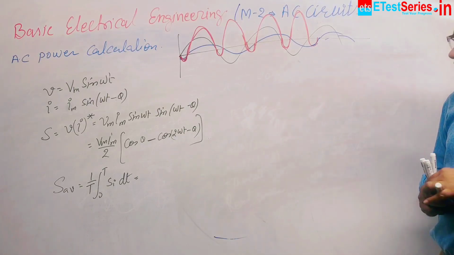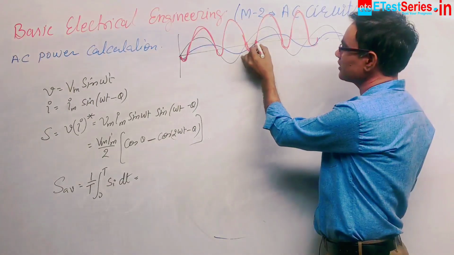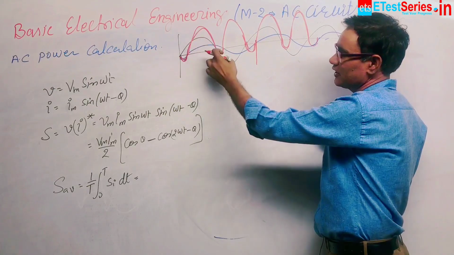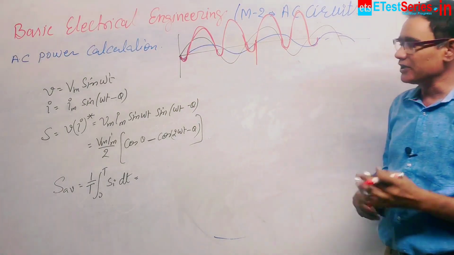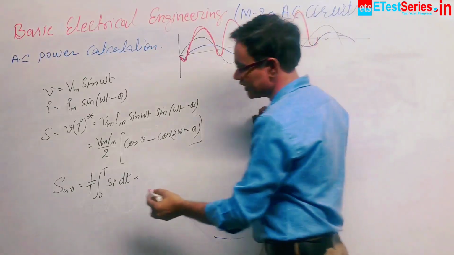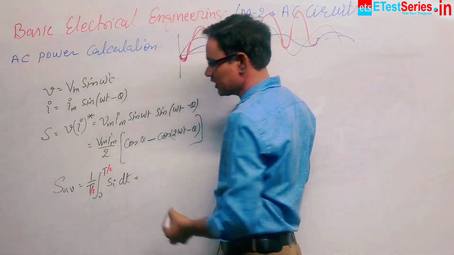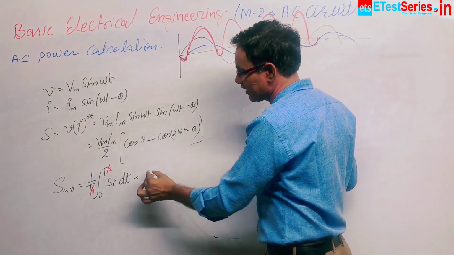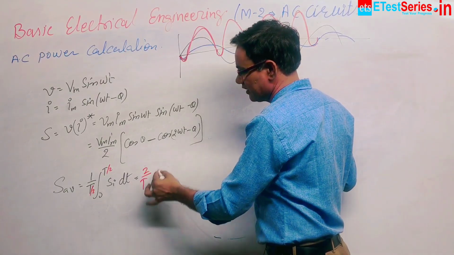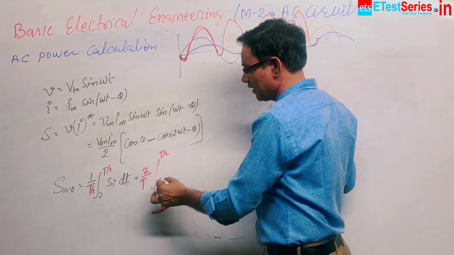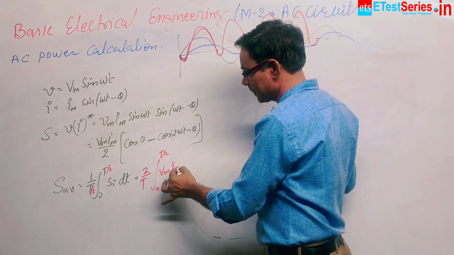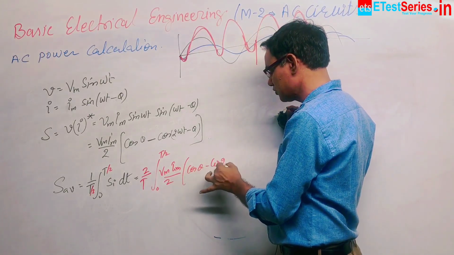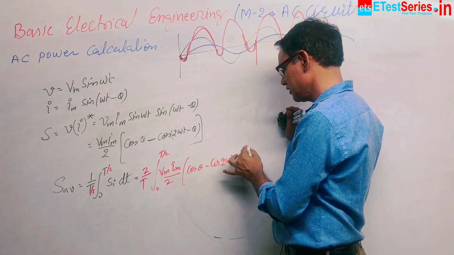Okay. So for the power cycle, the frequency, you know, here one cycle gets completed for the current or voltage, but the power cycle gets completed over here, and this is the second cycle. So it repeats 2 cycles, so the frequency is twice. So we take T by 2 and T by 2. For half of the cycle we take the average, it gives the real value. Why unnecessarily do that for the full cycle? So it is 2 by T, integrate 0 to T by 2, Vm Im by 2, cos of theta minus cos of 2 omega t minus theta into dt.